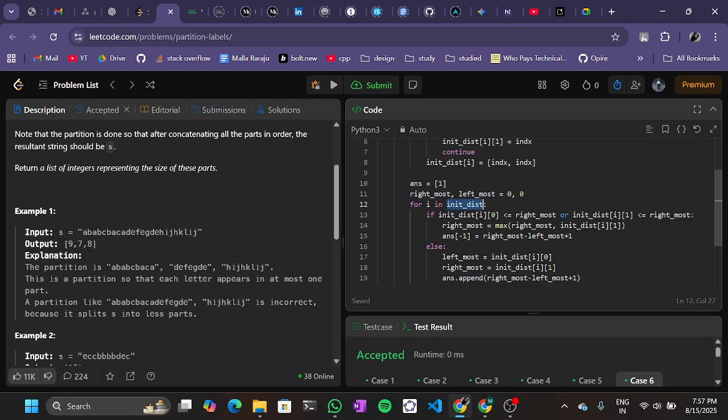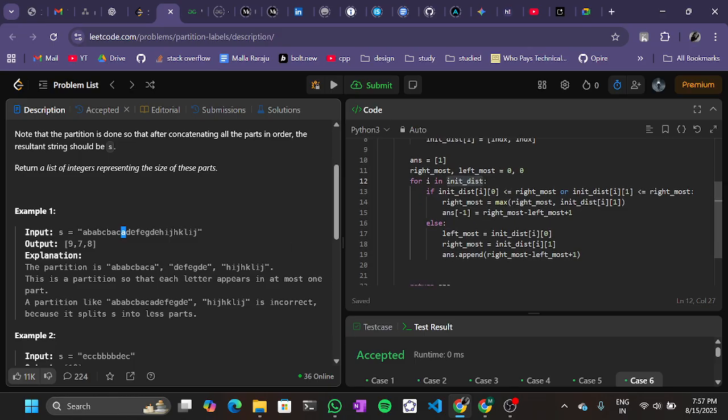Actually, since we are iterating over the distinct dictionary, we are checking the first and last occurrence of that particular character. If we take a, it occurred initially at 0 and finally at 8th position. So the leftmost value is 0 and rightmost value is 8,